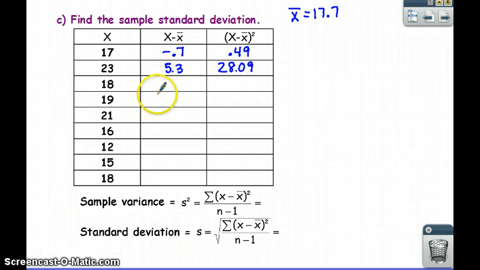I continue this process. 18 minus 17.7. 0.3 squared is 0.09. 1.3 squared is 1.69. Negative 1.7 is 2.89. Negative 5.7. Anytime I'm